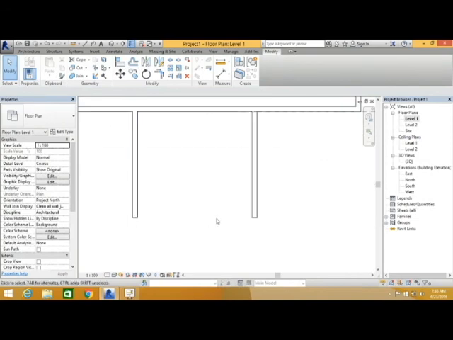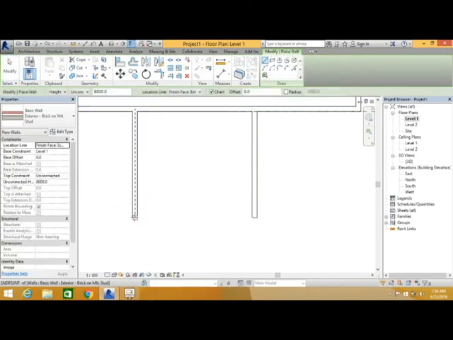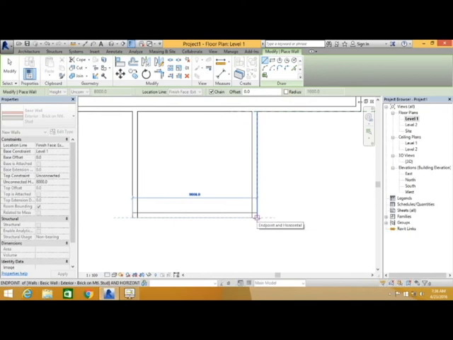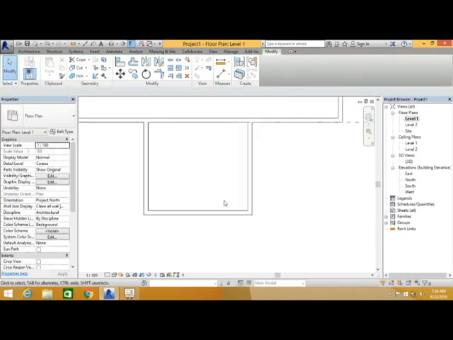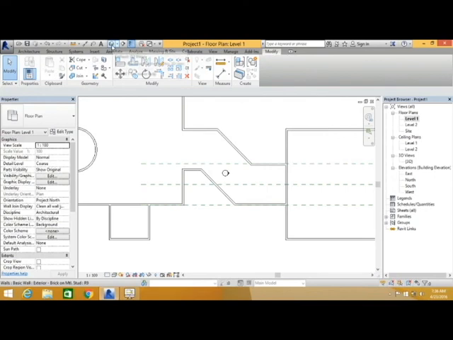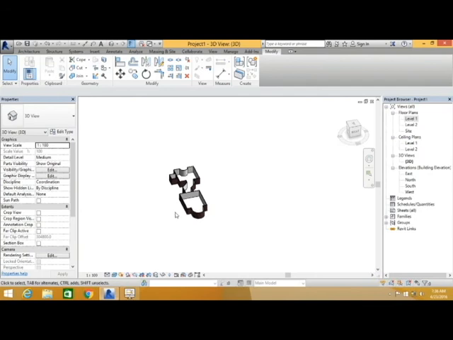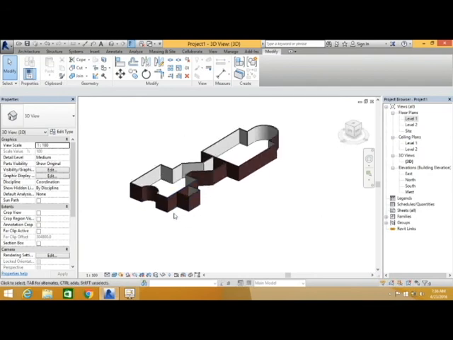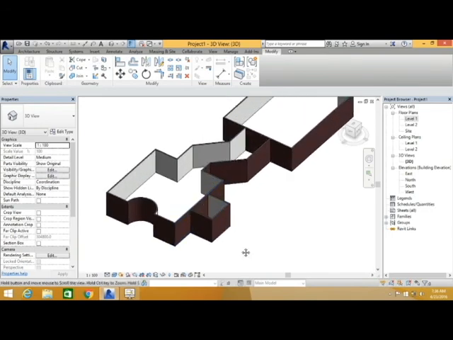Now I need to connect these two walls. So right click, create similar, then click on this exterior point, press the space, then click on another end point, then press the escape twice or click modify twice. Now it's finished. You go back to the 3D views and you can see how your exterior wall looks now. So this is our building, our project's exterior wall.